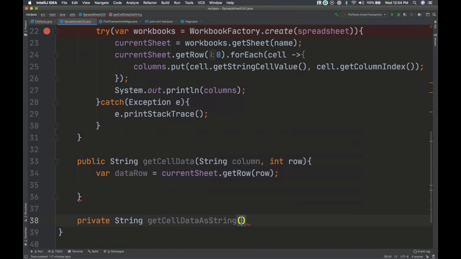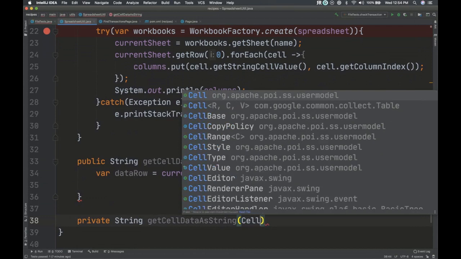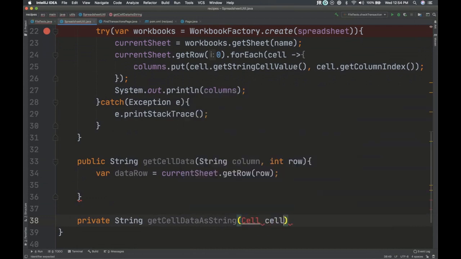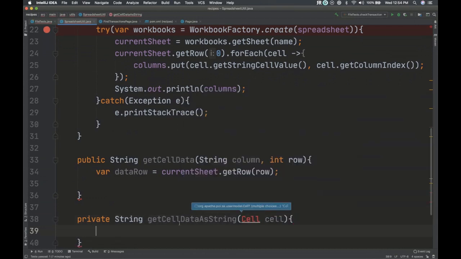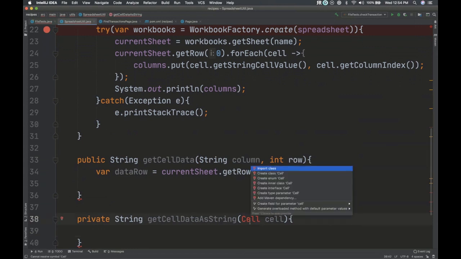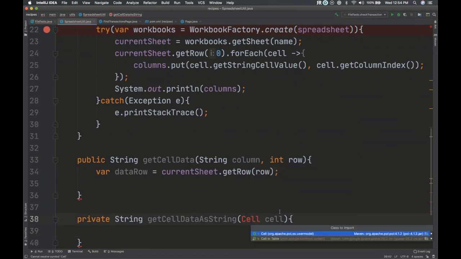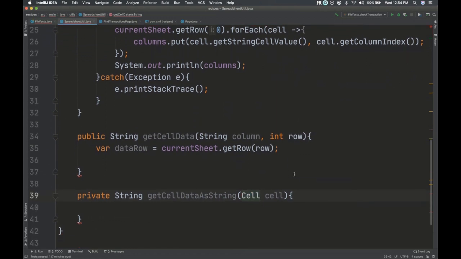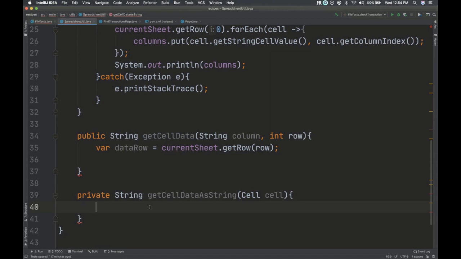I don't want my test to have to worry about it, but inside of our utility class, we can call it. So I'm going to say, give me the cell. If you give me the cell, I need to figure out what the cell type is and then call the right method for it.